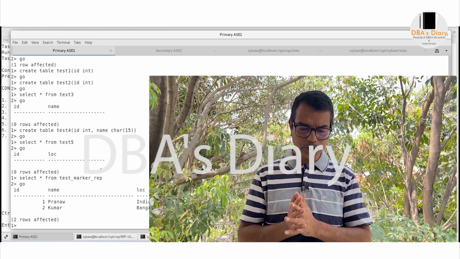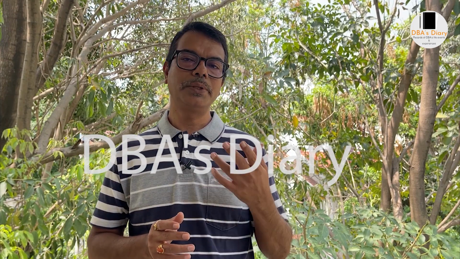So that should be pretty much of it. We have covered how we create the database, how we create it on both servers, how we add the connection, and how we create the replication definition and subscription using dump marker. We took a dump, loaded it on the secondary server, then did something on the replication agent side, because the agent will come along with the dump. That is something we have to take care of